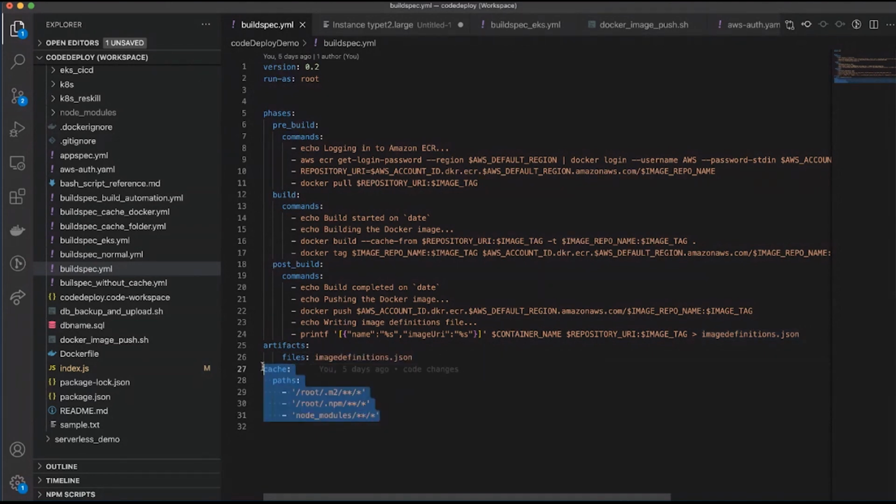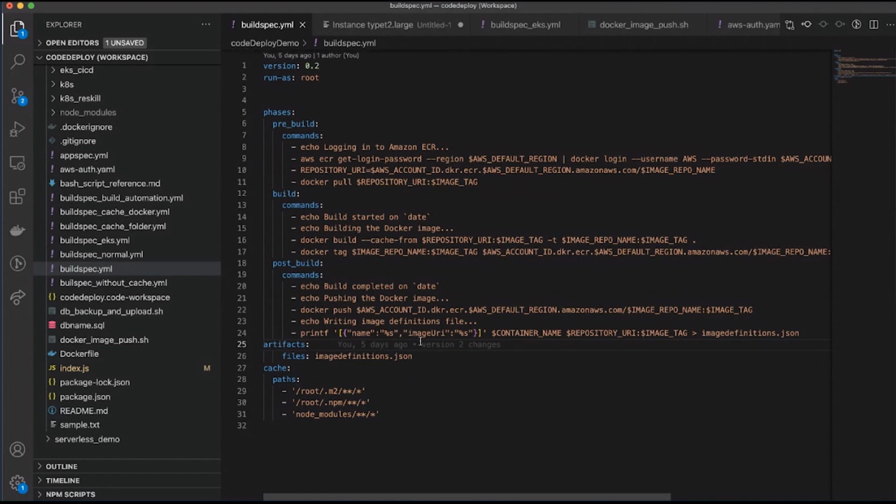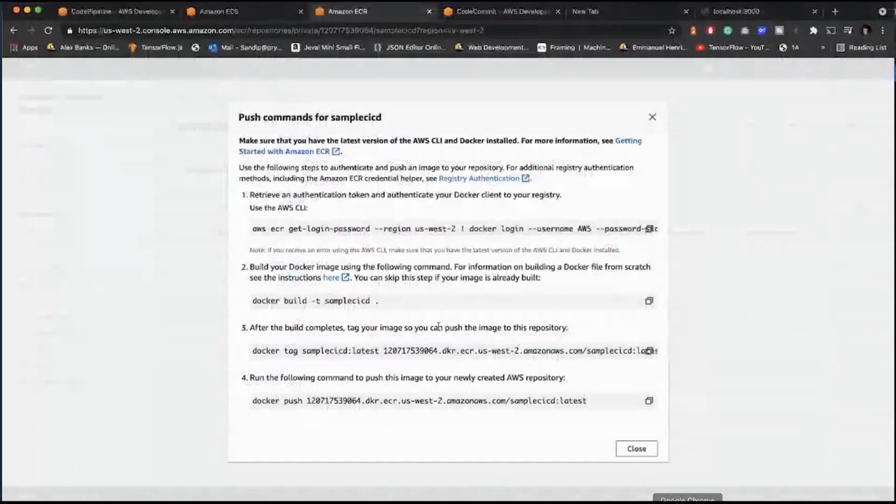Okay, we are just passing the file, and there is a cache. If you want to store any cache, it is up to you, but this section is very important, where you are pulling the image so that we will have the local build ready, and then you are making the build and you are pushing the builds. These are very important. Okay, make sure you note these points.